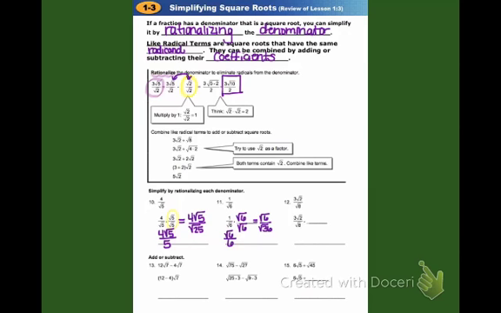Okay, so in number 12, we have 3 times the square root of 2 divided by the square root of 8. Now, having a radical in the numerator is fine, so we really don't care about that square root of 2 that's in the numerator. That's okay. The one that we care about is the radical that's in the denominator, because the rule is you just can't have a radical in the denominator. And so what we want to do is actually multiply both the top and the bottom by a square root